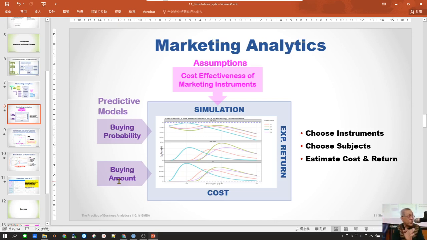So we have the second model to help us predict the amount that he would buy if he comes to the store. So this time we have two models instead of just one, right? One model predicting whether he will buy, and the other model predicting how much he will buy. For each of the customers, we have this prediction. Now, if you recall our midterm